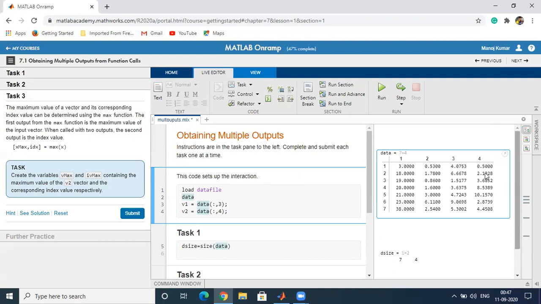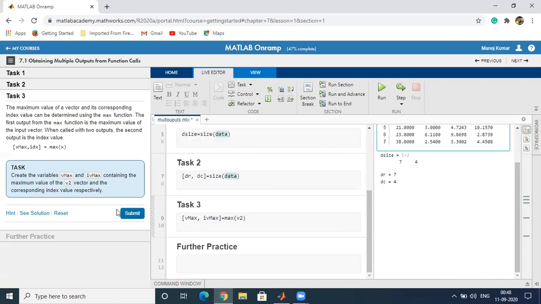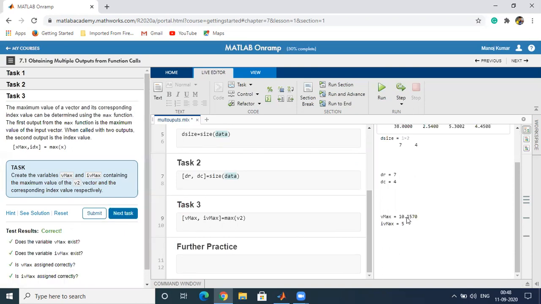So the maximum value of the v2 vector is 10.1570, and it is at the fifth place. Now let's see the output. Just submit. Now you can see in the result the maximum value is 10.1570 and the index is 5.